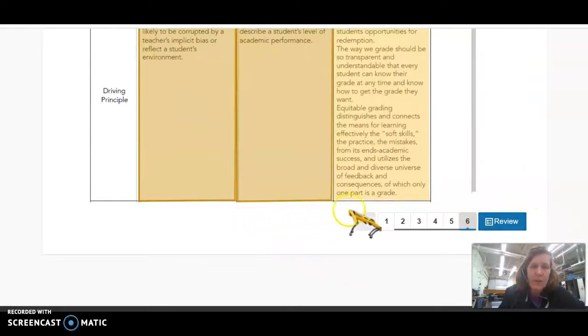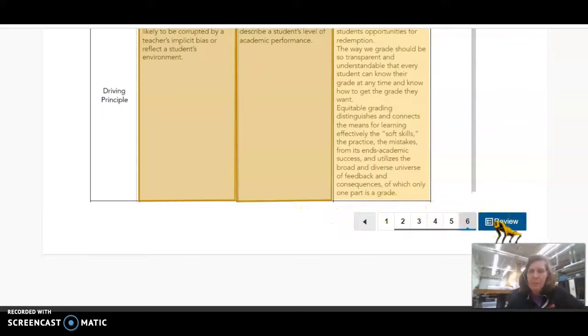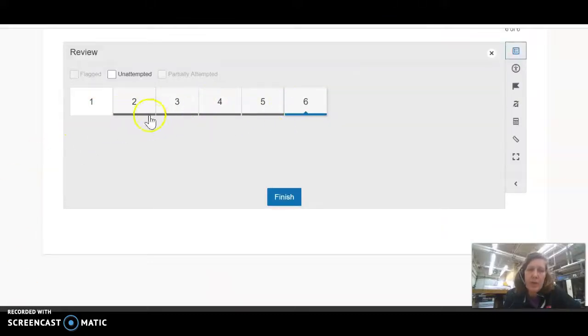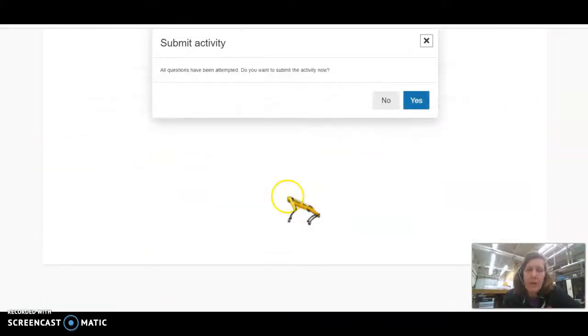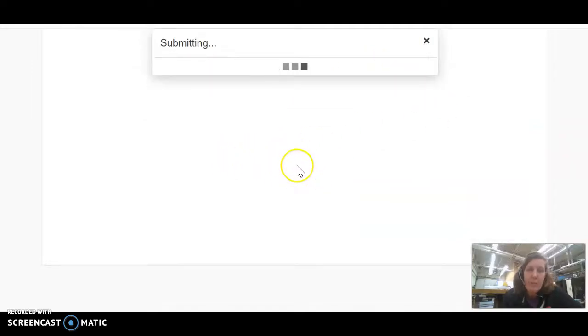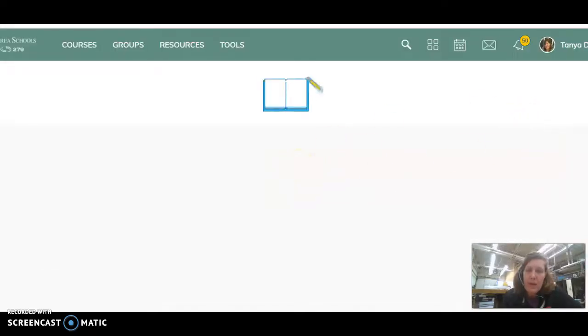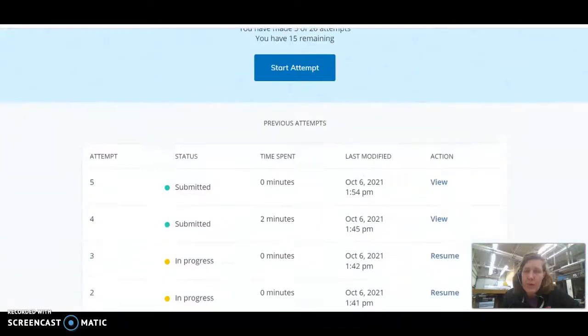Now I've done all of the questions, and I'm going to click Review, and it's going to spin. It'll pop up with this page, which will let me go back and look at any that I want to review, and I'm going to click Finish. Do I want to submit? Yes. Now it's going to pop up with my new score, and then if I scroll down to the bottom,